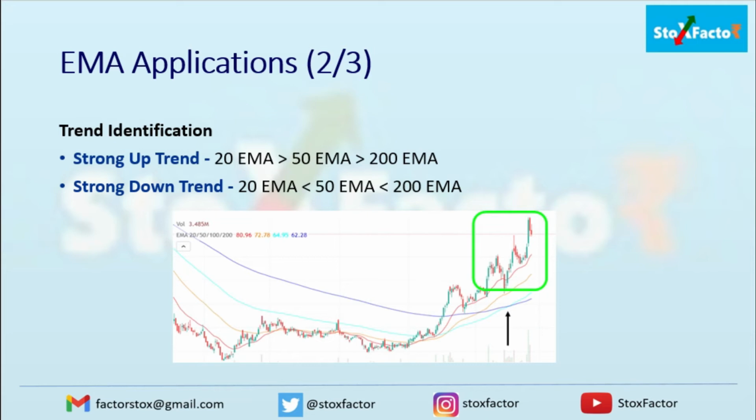And similarly the downtrend, if the short term is less than the 50-day, that is medium term, and the medium term is less than the 200-day, that is long term. In this way we have to filter out those stocks, and in our dashboard we have already done such. We'll show that in the demo also, how you can do that analysis and how we have created the tables in which we have already filtered out the stocks for you. So let's understand this in detail.